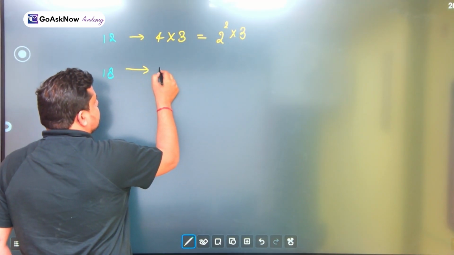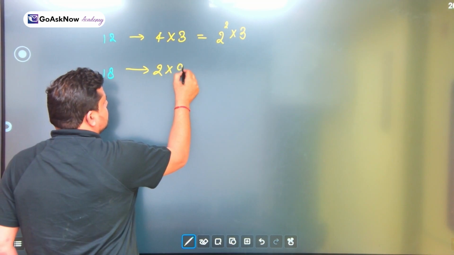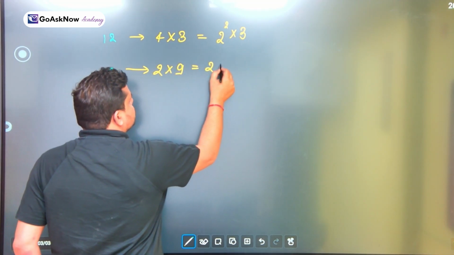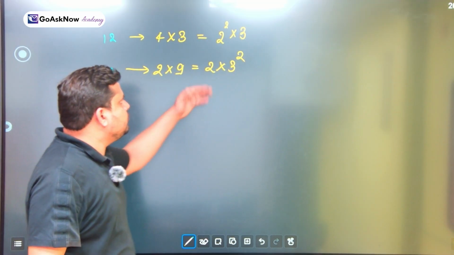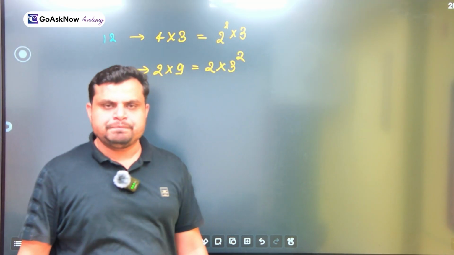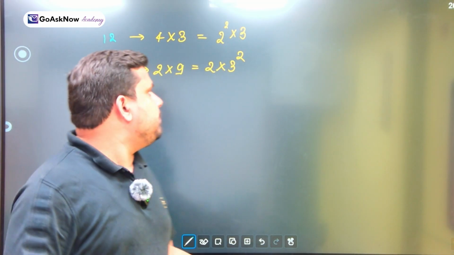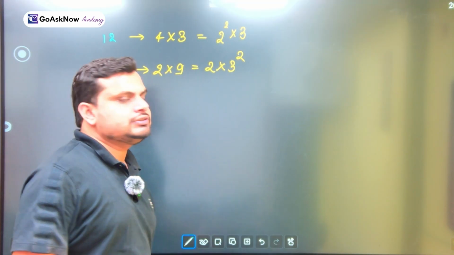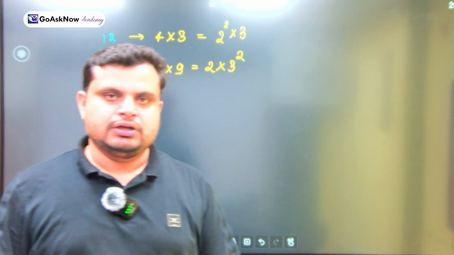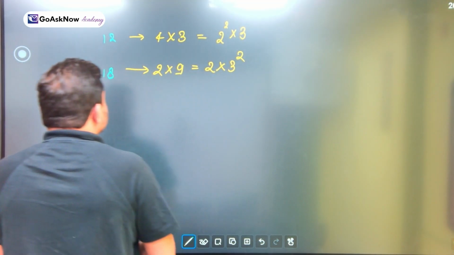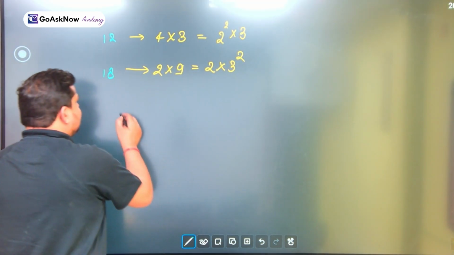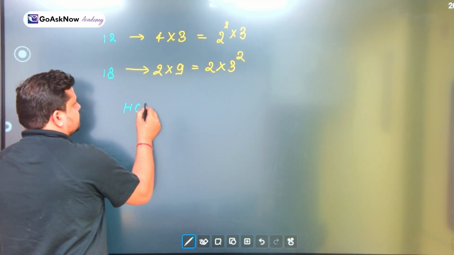18, we can write it as 2 into 9, and this is equal to 2 into 3 square. So here we have 2 square into 3, and below, the prime factorization of 18 is 2 into 3 square. Now we have to find out the LCM and HCF of these numbers. So while finding the HCF,